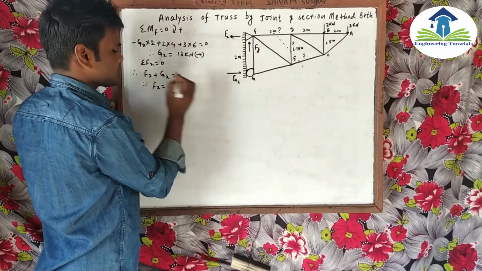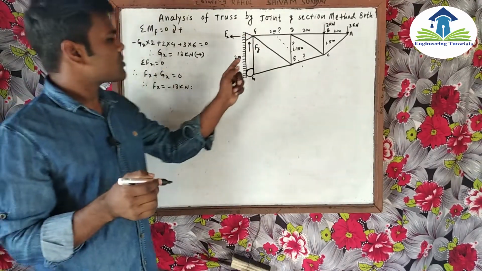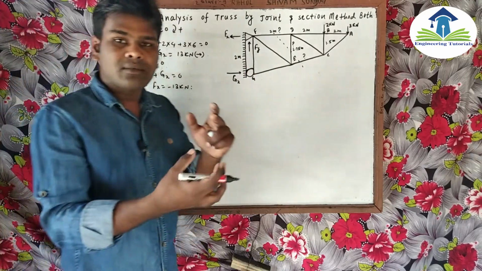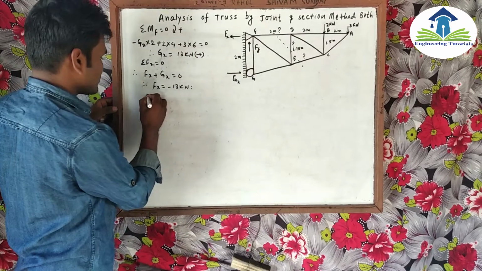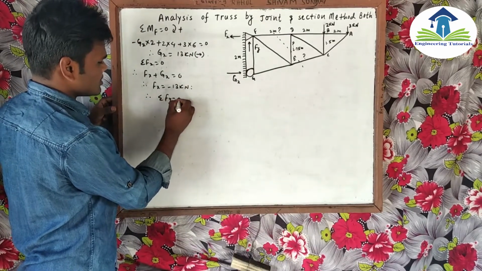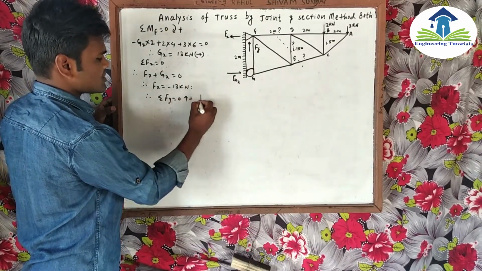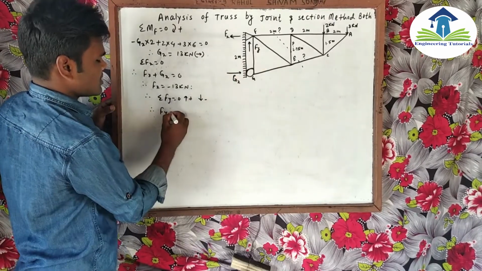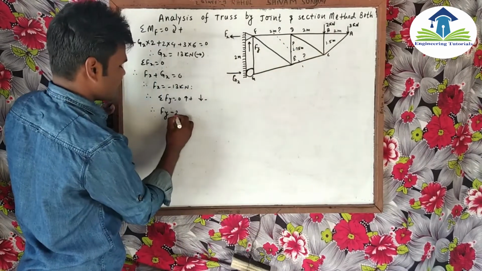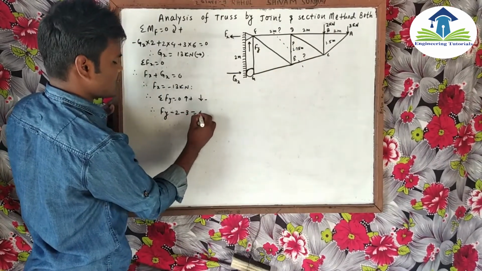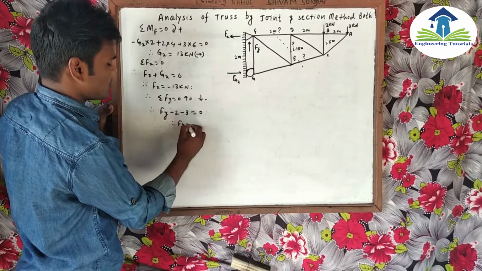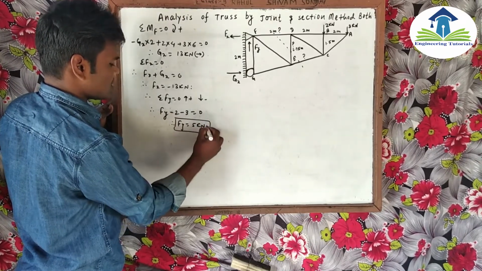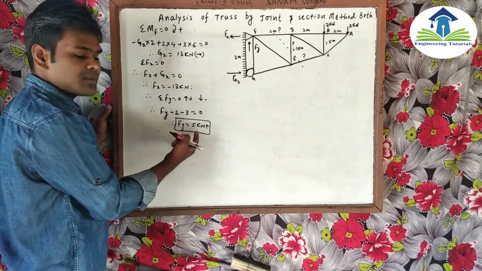this notates. So now we have to calculate the value of Fy. To find the value of Fy, total vertical force is equal to 0. Total Fy is equal to 0. Upward force plus downward force negative. So this Fy force, this 2 kN, this 3 kN is equal to 0. So the value of Fy is equal to 5 kN. This is the upward, the positive means upward force.